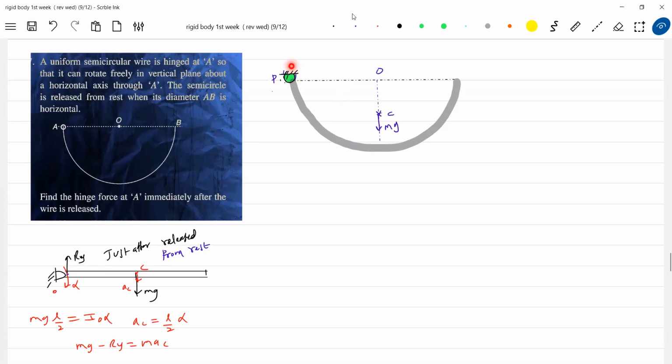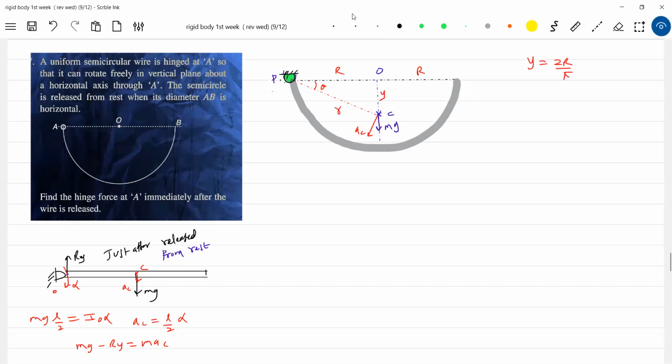Okay, in fact, here you see how the motion of the center of mass will be. The center of mass will not move vertically down here. So what is the type of motion this wire will describe? It's a pure rotational motion about point P. So how will the acceleration of the center of mass be directed? Like this, perpendicular. This is R, this is theta. Let me call this YC. This is capital R. What is Y? Y is equal to 2R by pi.